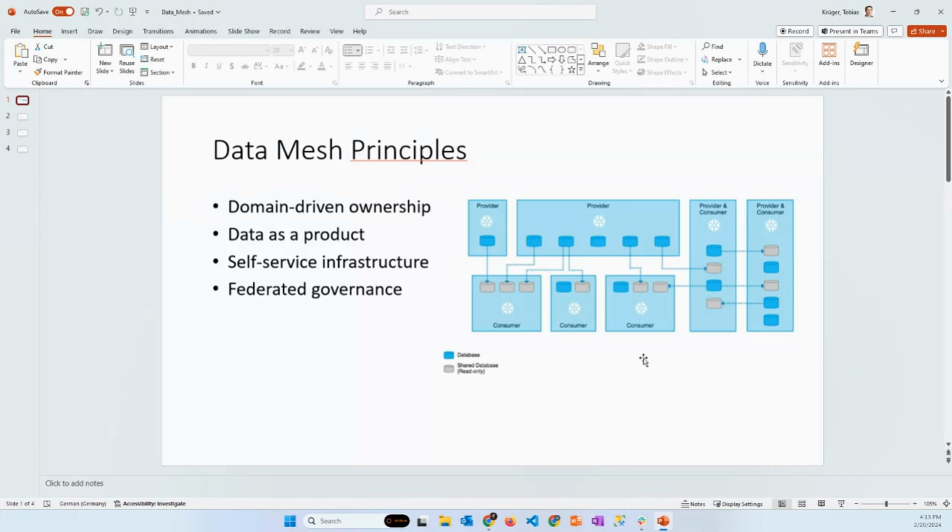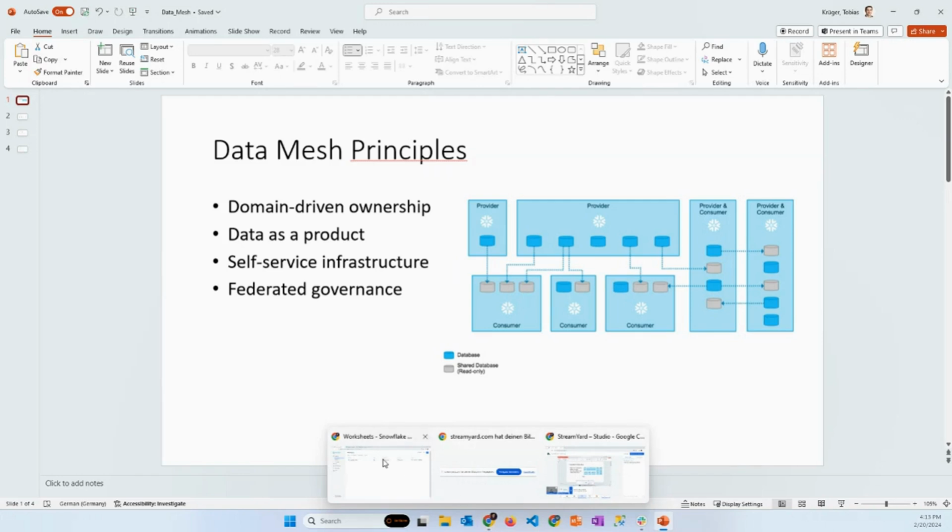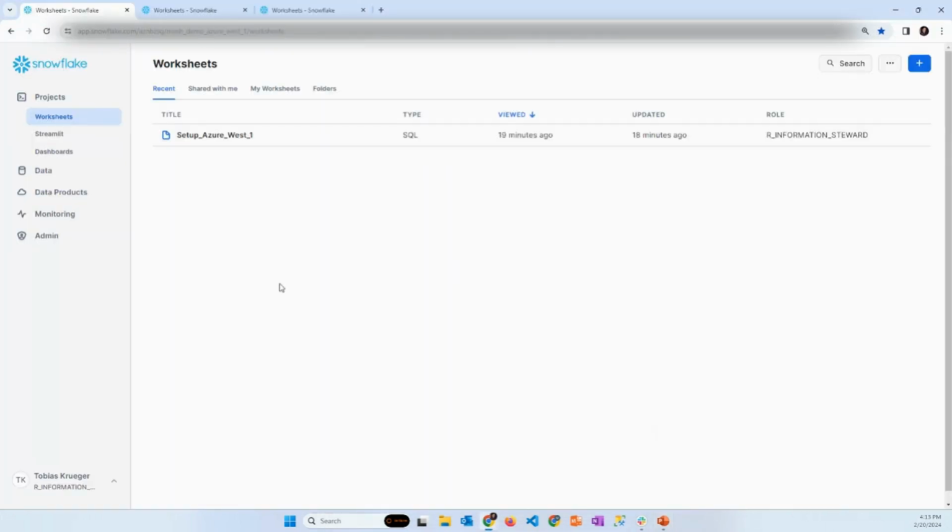But that is just one of the examples of how it could look. If you are really into doing this on an enterprise level, the architecture would most probably look a little bit different.